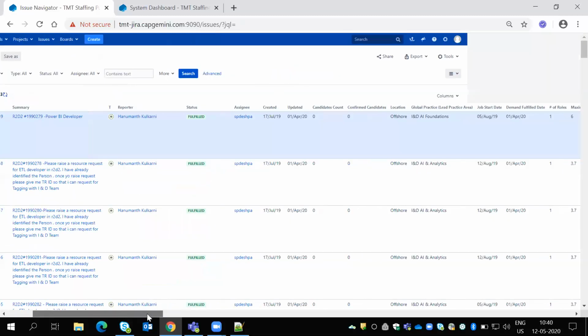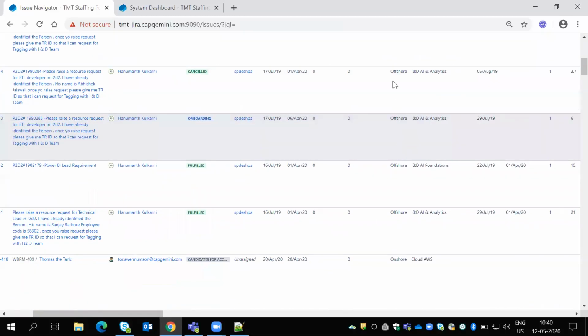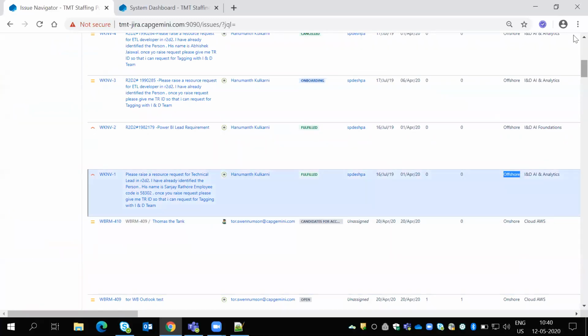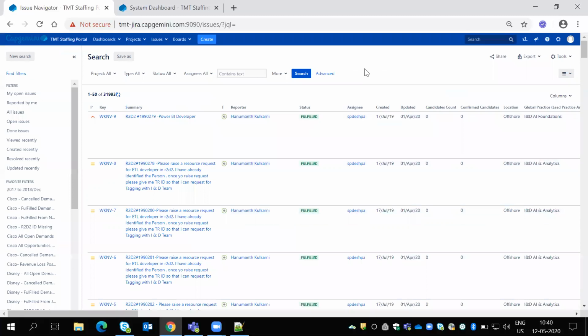I have one custom field here, something called location: offshore, onshore. Suppose here I have onshore, suppose I have offshore. Okay, so we can write anything. Suppose I have one color field, and the color values are black, yellow, white or something. I want to filter only yellow colors. So we can write it like color is equal to yellow, only that will come.